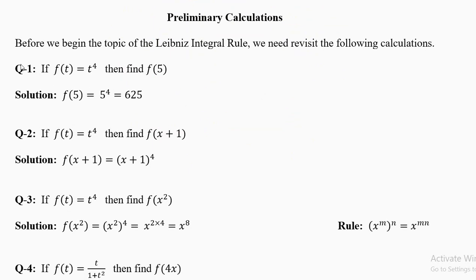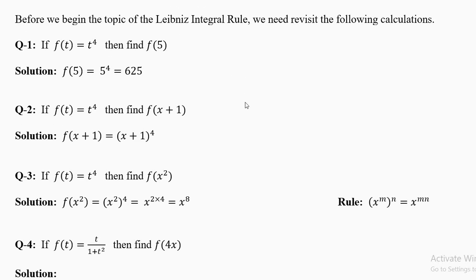That's why I've written small q, only q and not the full question, because these are small things which you must be knowing. If you do not, please pay attention and learn them. Now if f of t equal to t power 4, then find f of 5. F of t equal to t power 4, so f of 5 will be 5 power 4. Wherever t comes, you will be putting 5. You will get 5 power 4 and this can be calculated to be 625. This calculation is not important. What is important is you should learn that it is 5 power 4. First this will come, then the calculation will come in the next step.